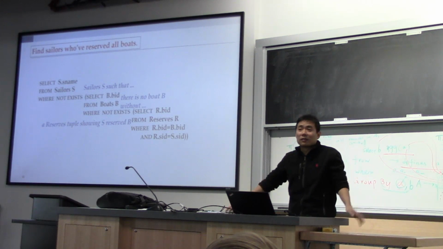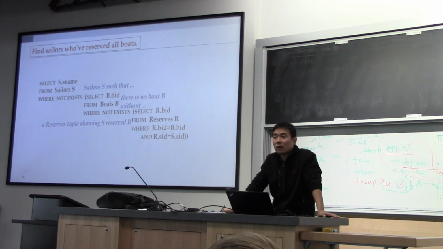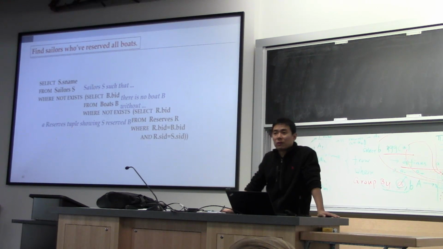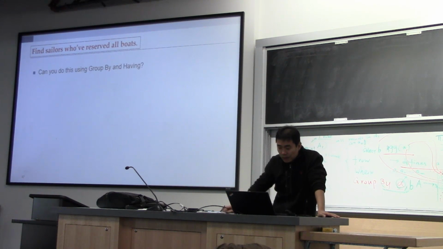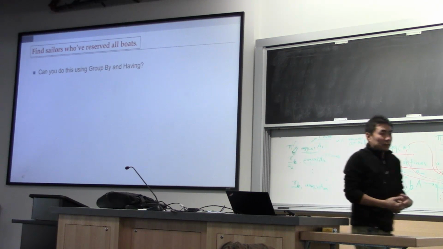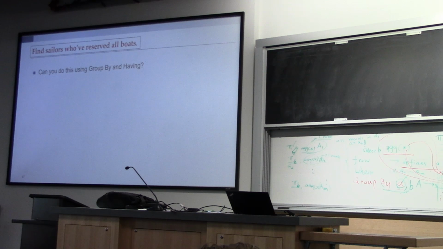It looks complicated, but if you work through the logic, it's not that complicated. But still, it's complex, right? Let's admit it. So, is there a way to write this without going through this expensive process? Can you do this using group by and having? A key observation is the following: if you are a sailor who has reserved all the boats,